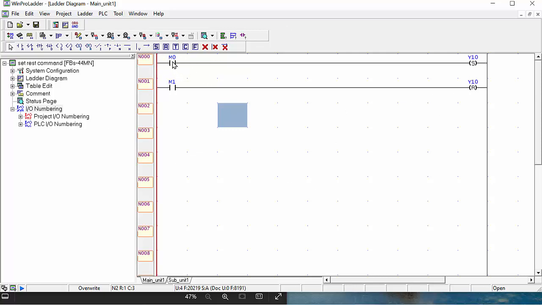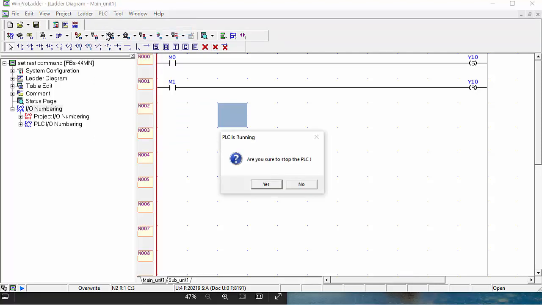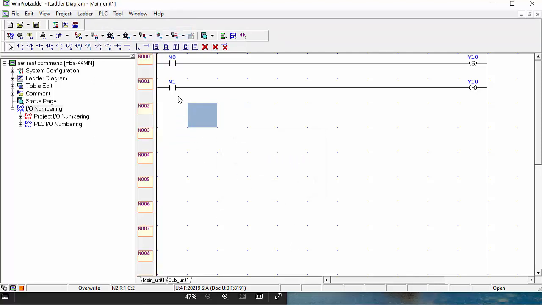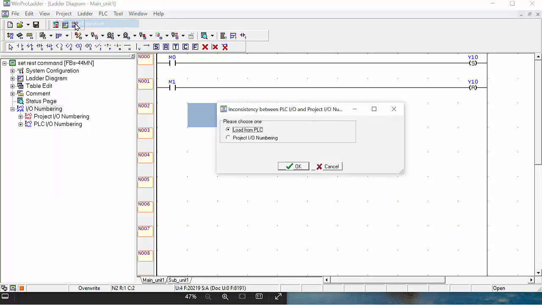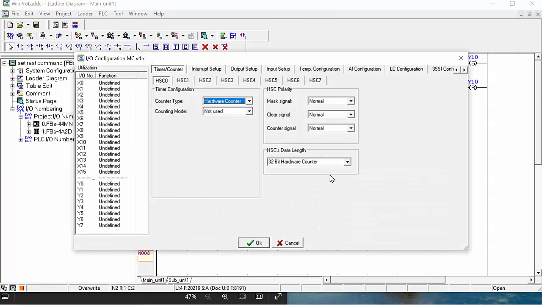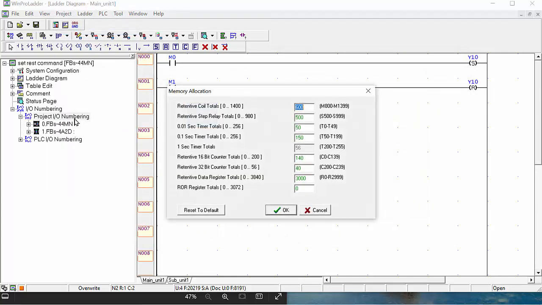Any bit you can use, M0, M10, M20. This is the internal memory I already showed you in the PLC program. If you stop the PLC, you can stop the ladder in this project. This is the IO configuration, and you go to this one, and you can check it here also. Not this one, this is the project memory allocation. When you go to the memory allocation,